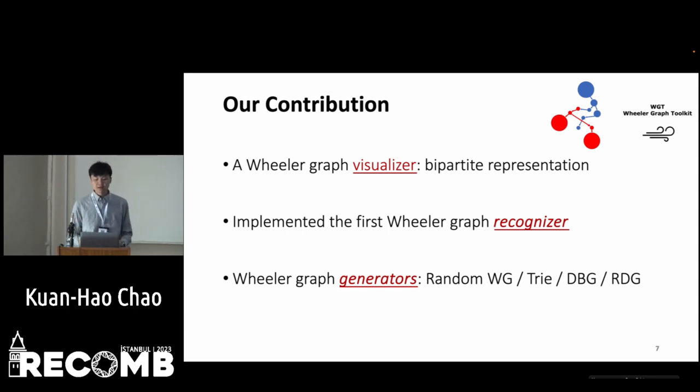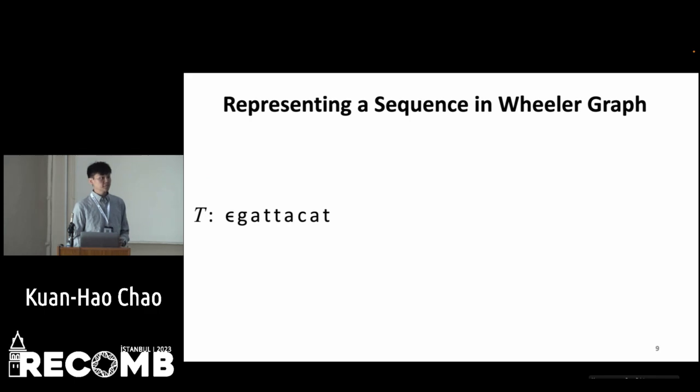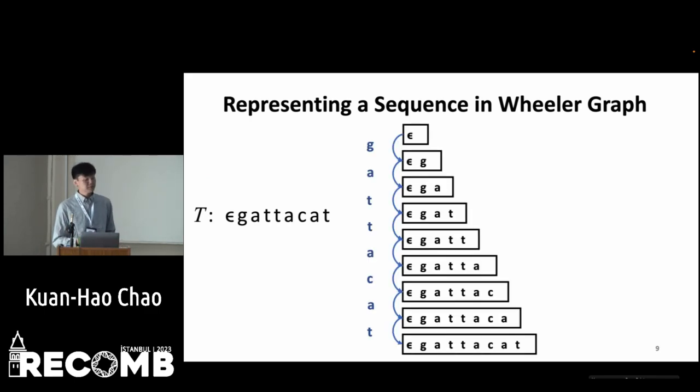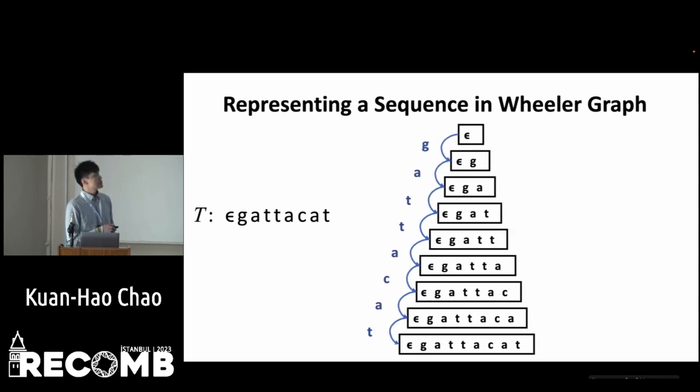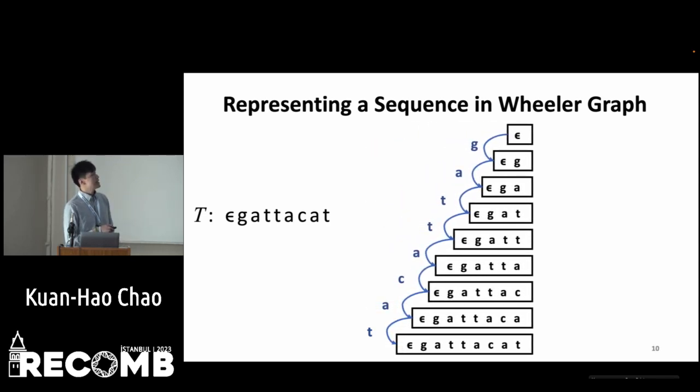First, I'll talk about our visualizer using a simple example. Given the DNA sequence T, first we write out all the prefixes of this T, and each of them represents a node. For each node, we label the incoming edges as the last character of the prefix. And then we can push the nodes all the way to the right and sort and color the edges by